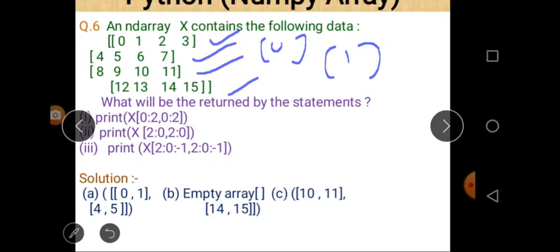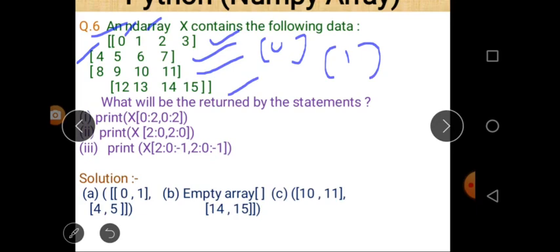Because of the first 0 colon 2, the first two rows will be selected, and then the second 0 colon 2 means the first two columns will be selected. The elements we receive are 0 1 and 4 5.